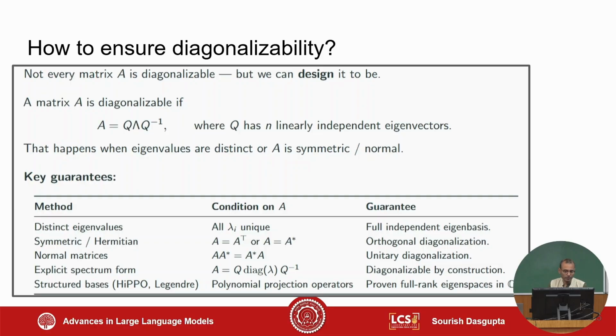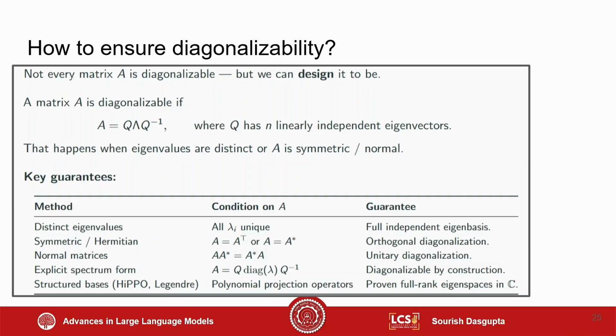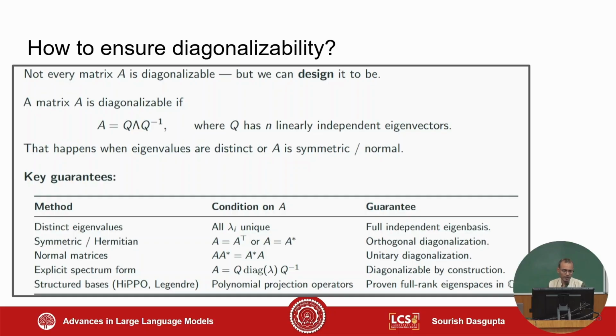That's why there are different ways of initializing it, which I put in that table, right? So you can have all distinct eigenvalues computed and construct the A matrix in that manner. You can do a Hermitian symmetry. You can initialize the A matrix in such a way that A is symmetric, or Hermitian for that matter, if you want to have the complex parts as well. Normal matrices you can do as well.